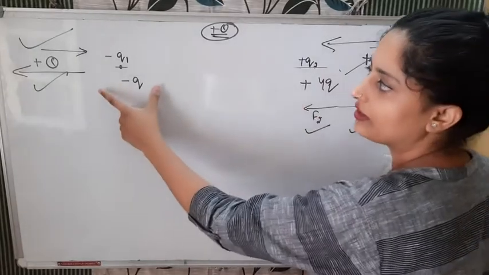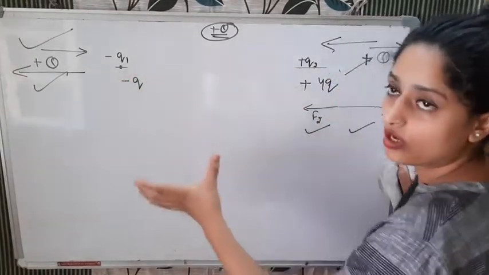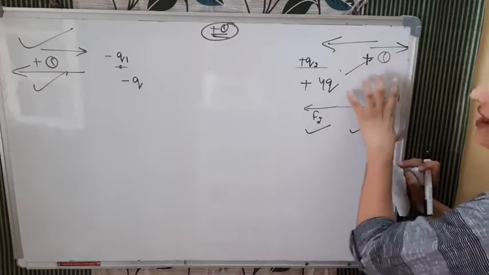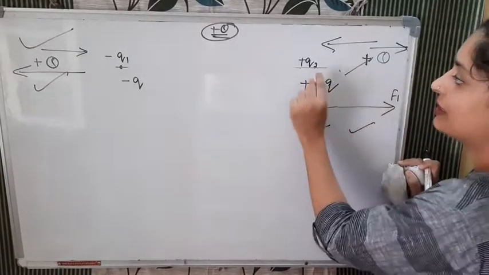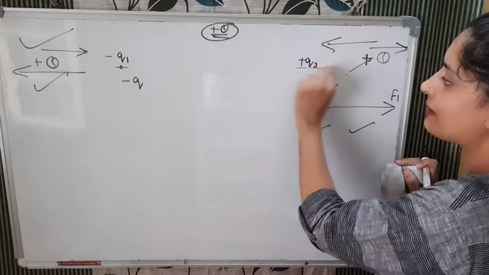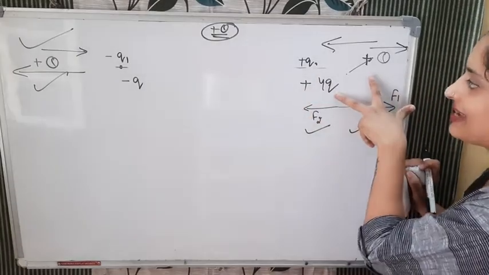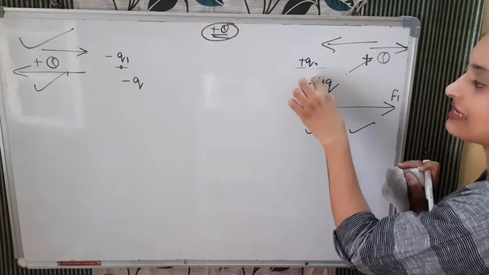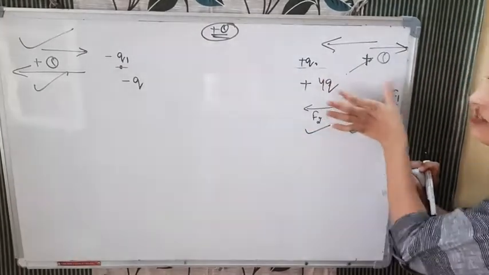If you put the third charge away from the smaller one, what will happen? This force will be more effective. समझ रहे हो? This F1, because plus q is placed very close to plus 4q. Distance is very less and the product of charges is more. So when the product of the charges is high, force will be high. Distance is less, force will be more.